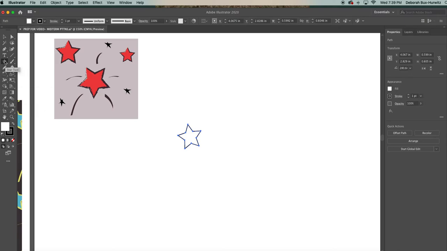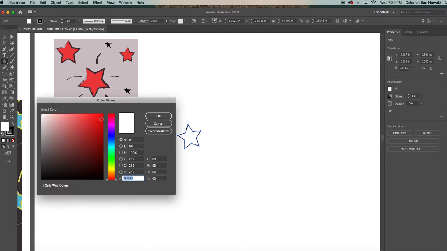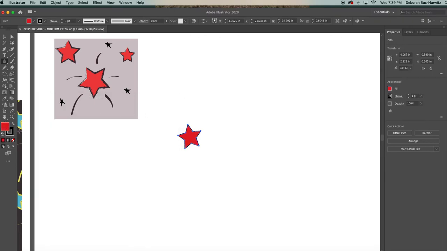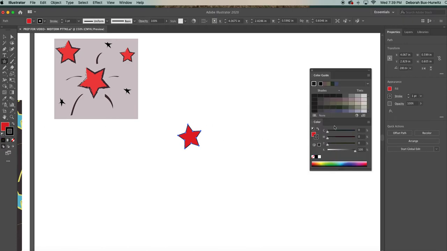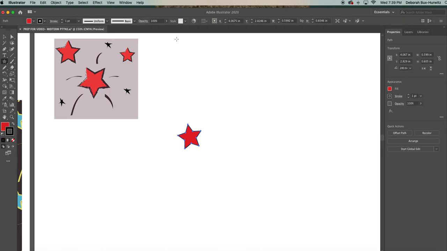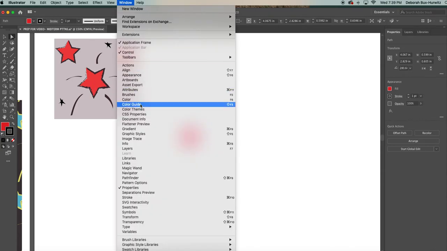Right now I just created a star. Right now it's a white filled star with a black stroke outline. But if I want, I can double click on the fill box and change it to a red fill. It still has a black stroke outline. That's fine. But if I wanted that distress look, like you see in here on my star, I have a very distressed kind of brush stroke. What I would do then is I would go to Window,